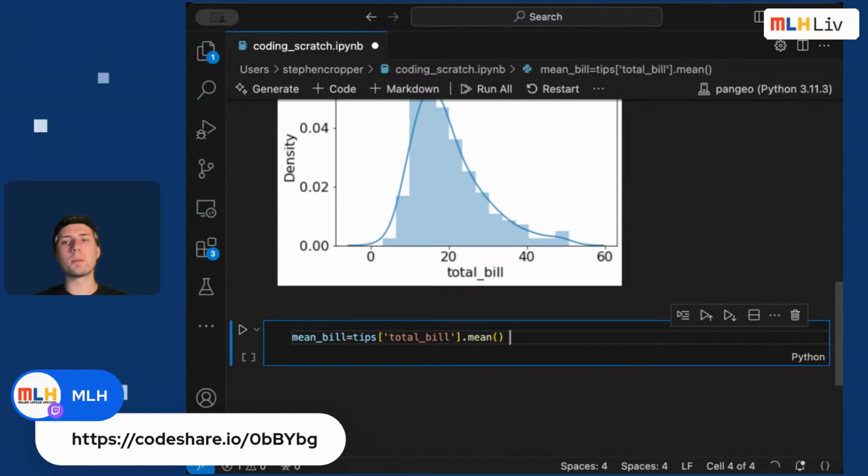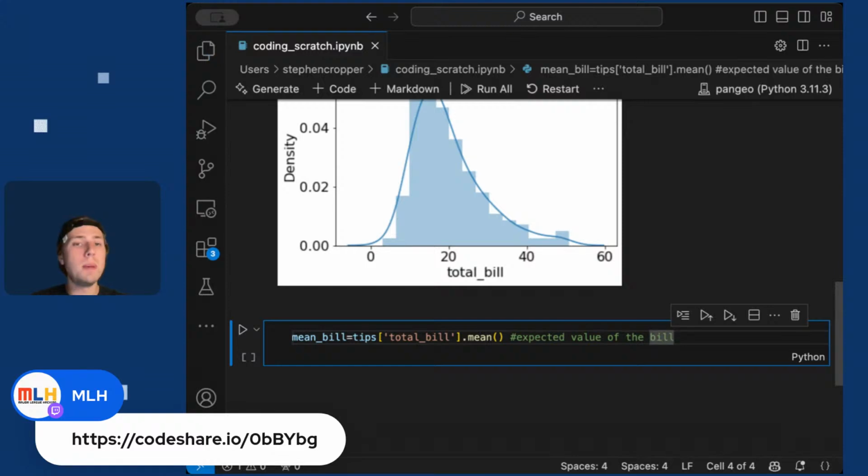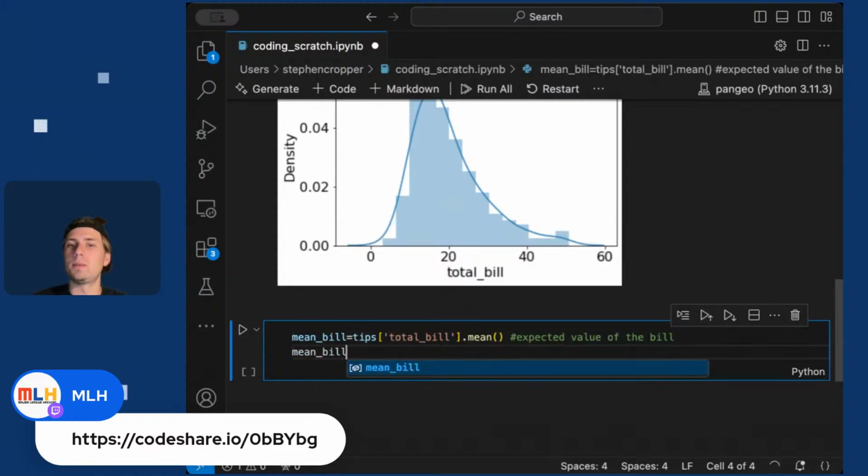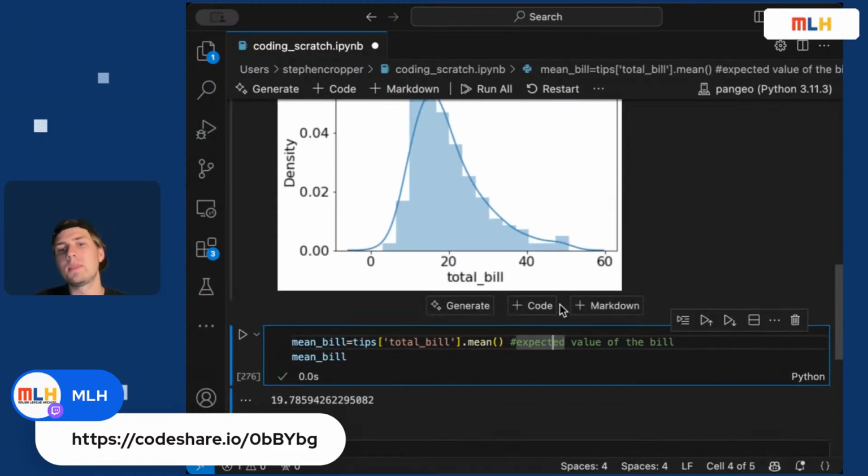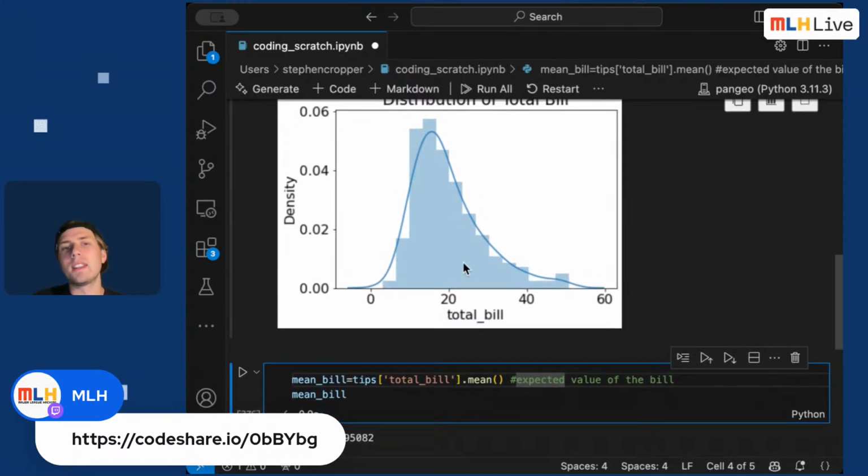And the mean bill is what we could also call the expected value of the bill. So if you had to bet on what would be the bill, this would be a good guess. Now, one thing I'll say about this is that it could be a little bit misleading because, of course, if you look at this mean bill, it's 19.79. It's unlikely that there's any bill in the whole entire data set that is exactly